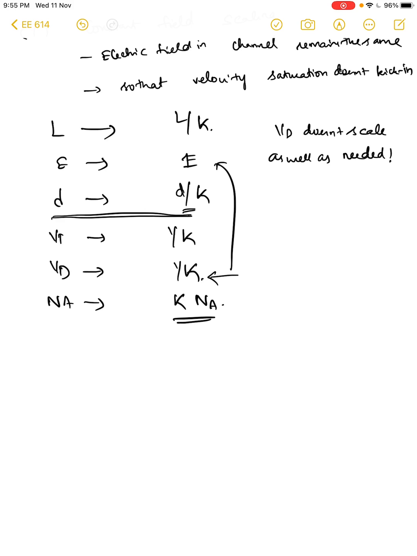So most of the other systems do not scale as well as the MOSFET. So typically, or for some time, VD did not scale as well. But now if you see the actual technology nodes, VD has scaled much faster than what was anticipated. But this was an issue sometime before. One. Second,